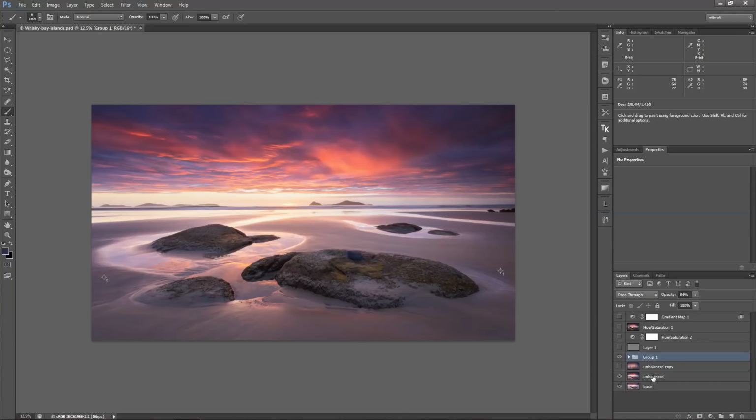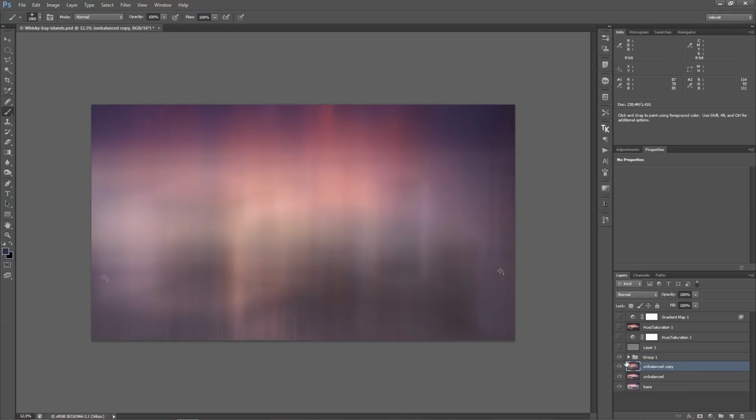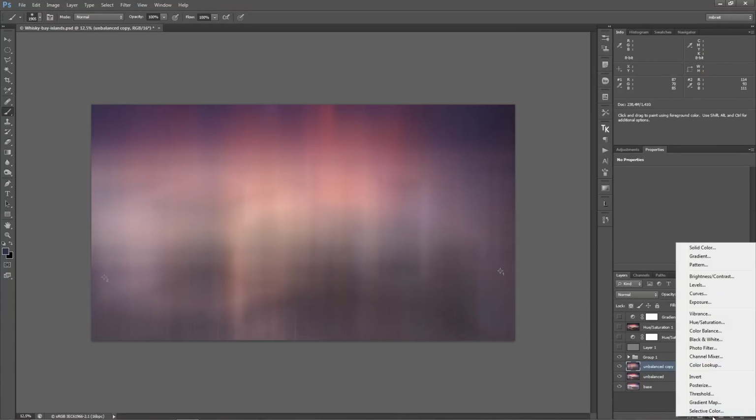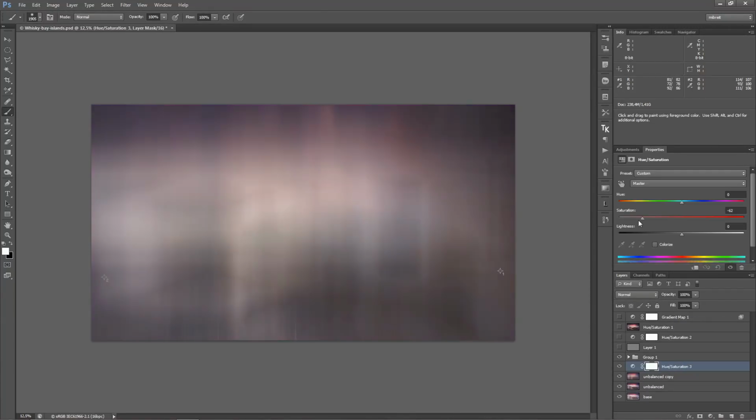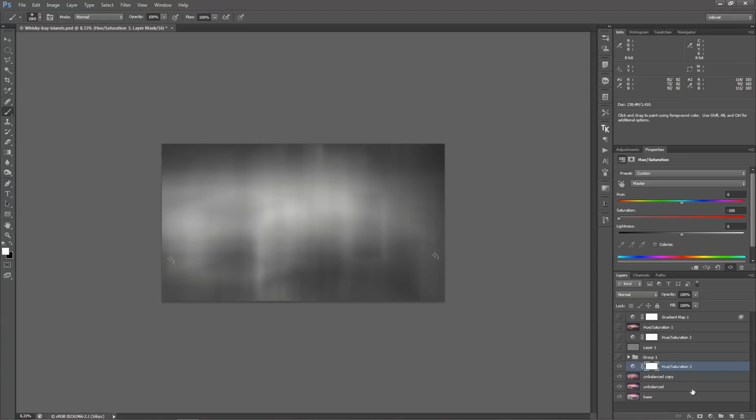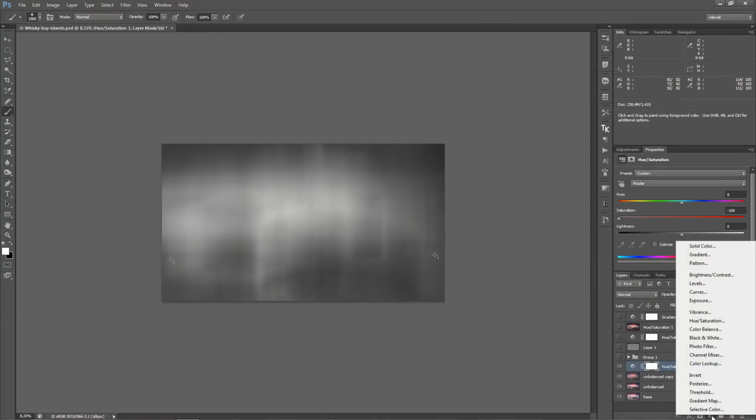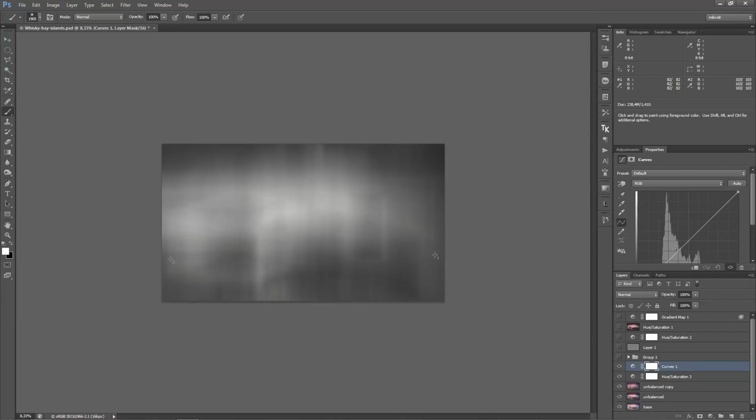So the next thing I'll now do is I'll balance the brightness. And this is very similar. I use this blurred version here. And now I just put a hue saturation layer above it and completely remove the saturation. So I basically have just a black and white image. And now, same as before, I do the adjustments with those helper layers here in place. So I get a curves layer and I darken it a bit,